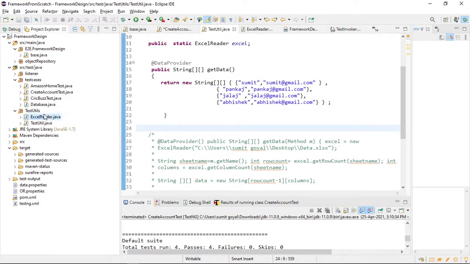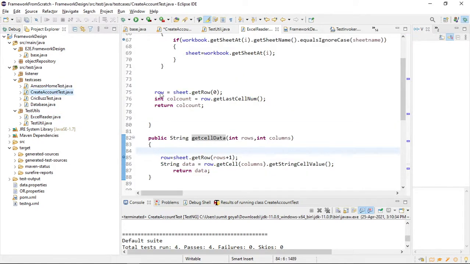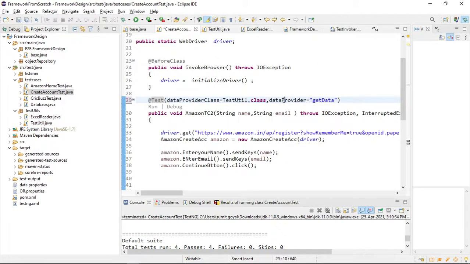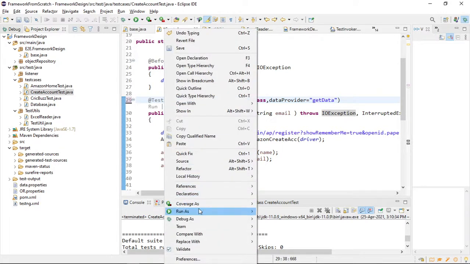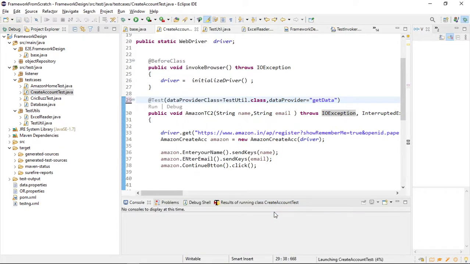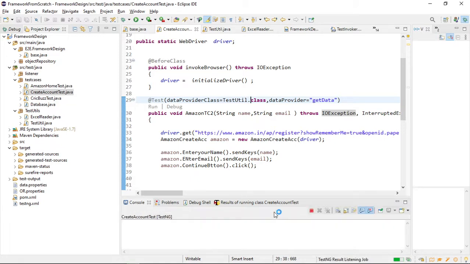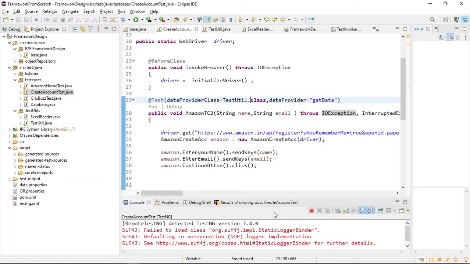So we are saying that the data provider class is testutil.java and the data provider name is getData. If you are placing the data provider in some other class, you have to define it like this. Now if you run the test case again, you will get the same output. If you do not want to put the data provider in the same class, you can do it like this. It will run again similarly.